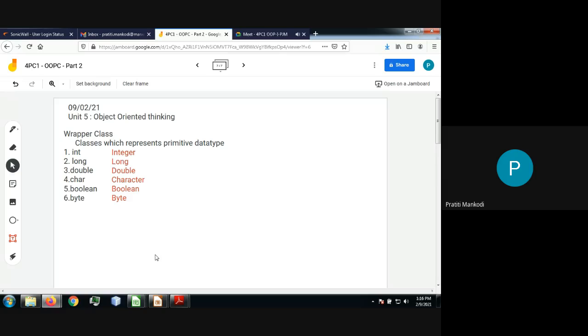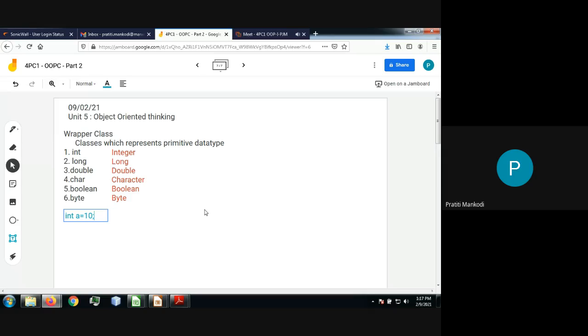Let me give you an example. If I write int a = 10, this is simply a valid statement in Java, right? There will be no compilation error, there will be no runtime error, this is 100% valid. But that means it is supporting primitive data types.